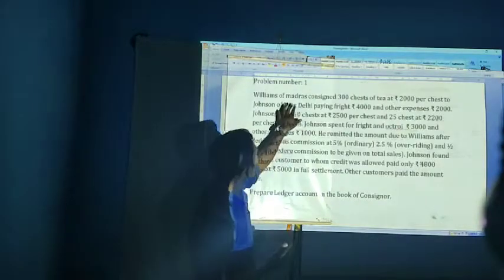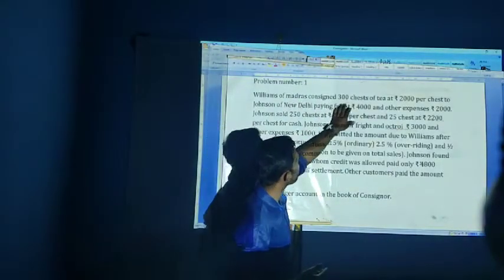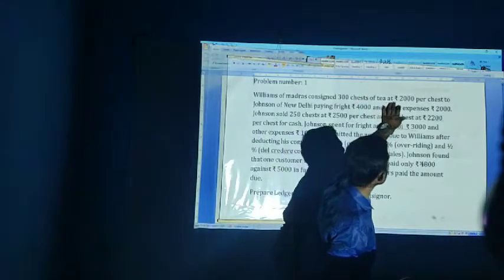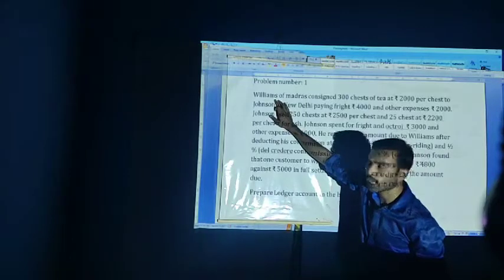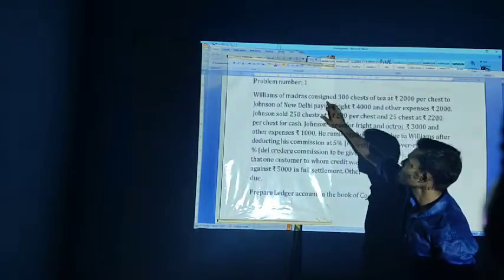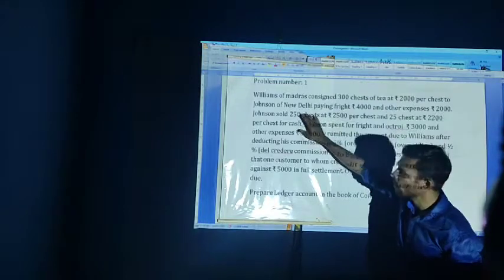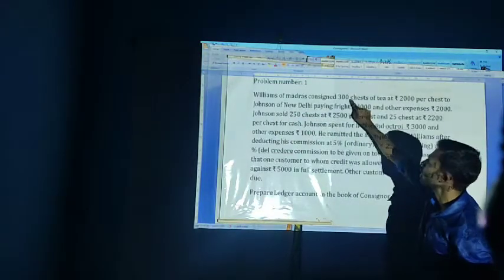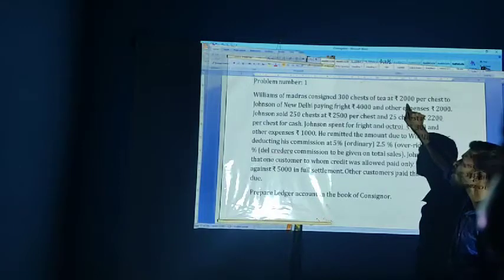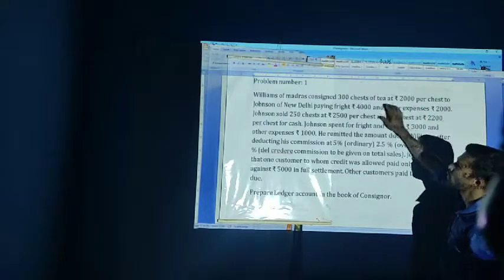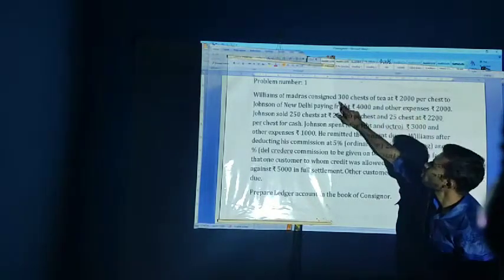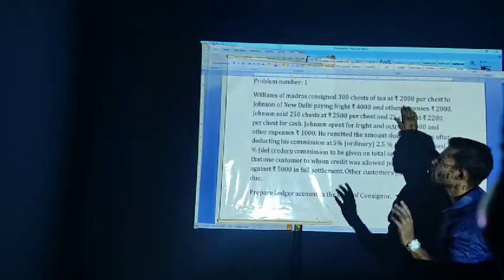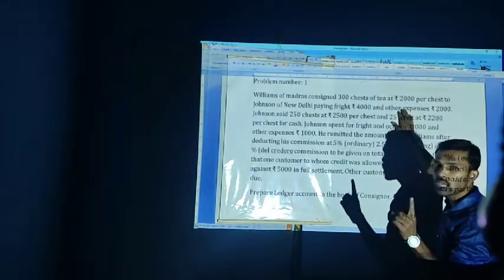See the problem. Williams of Madras consigned 300 chests of tea at 2000 per chest to Johnson. Williams is the consignor from Madras. Consigned means sending the goods to the consignee, Johnson. How much? 300 chests of tea, per chest 2000. That is 300 into 2000. So 3 twos are 6 and the remaining zeros you can take. There is 6 lakh, which will be the goods sent on consignment, where we are going to take it